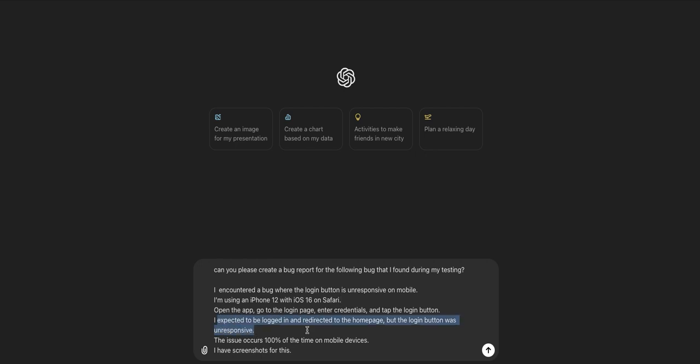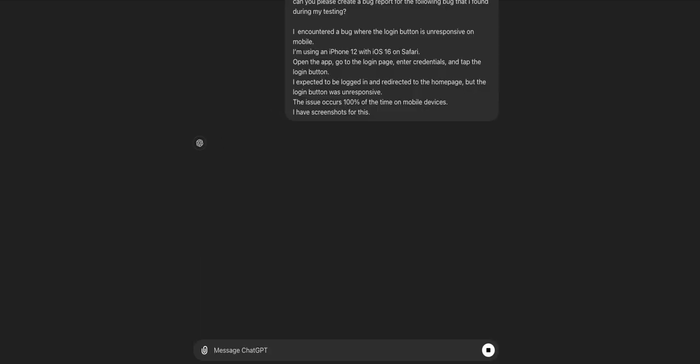So you say that here I expect that the login page redirects me to the home page, but the login button was unresponsive. And you can give more details, like this happens all the time on mobile devices only, and you have a screenshot for this. So when you give this information,